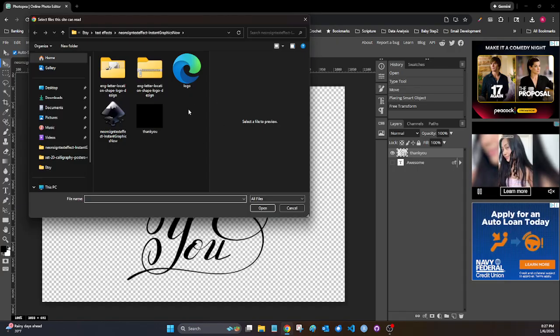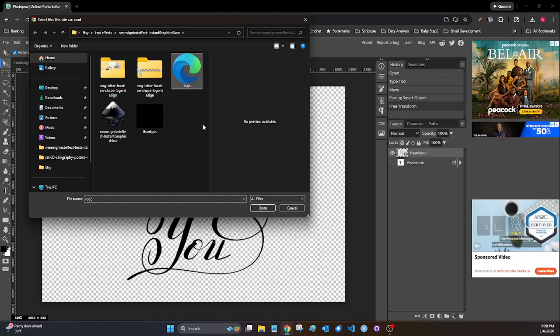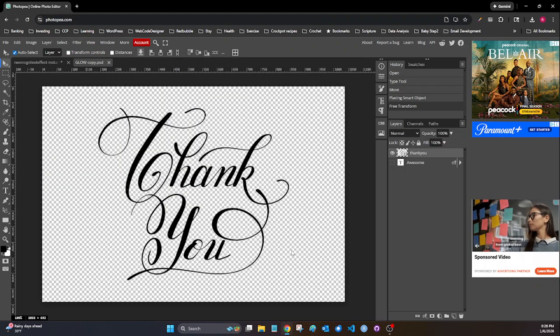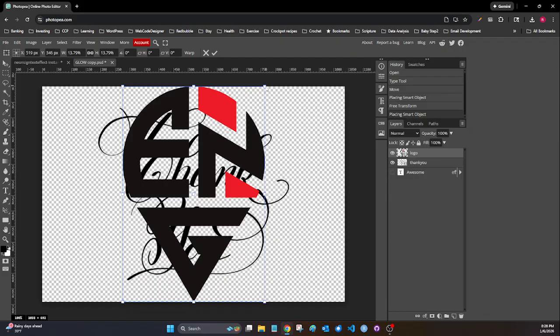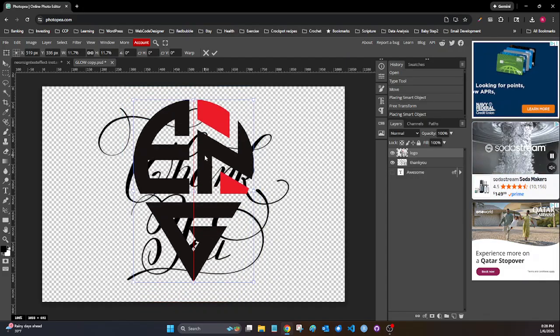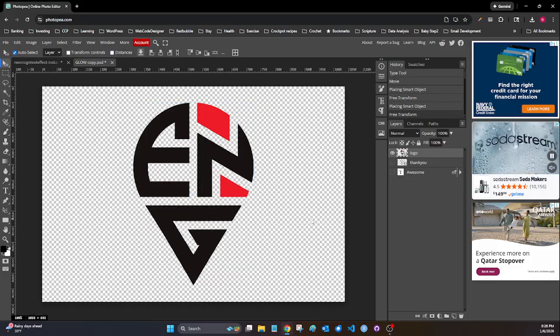In this case, I have another sample in the folder that I created. I named it Logo. This happens to be an SVG. And I know it's an SVG because I created it and I named it Logo. But I'm going to just click on it, and then I'm going to click the Open button and give it a moment to work, and it's inserting it. Okay. And I'm just going to hide the other one. Let me resize it for a second because I don't want to go in straight to the edges. But I'm going to position it there, pretty much centered, and I'm going to hide that PNG file that I